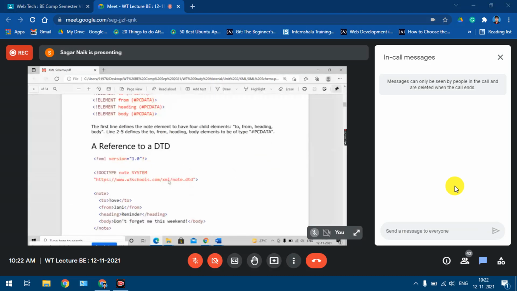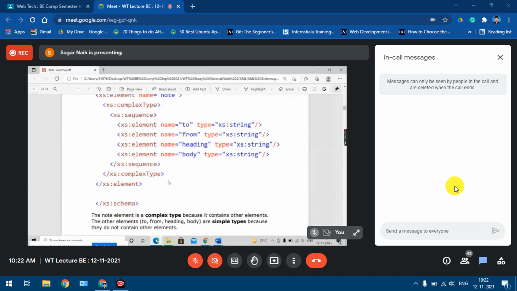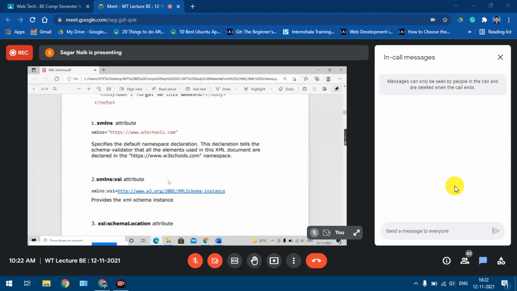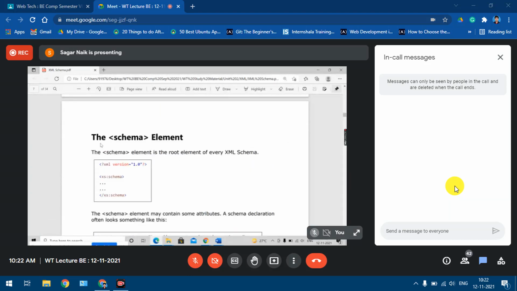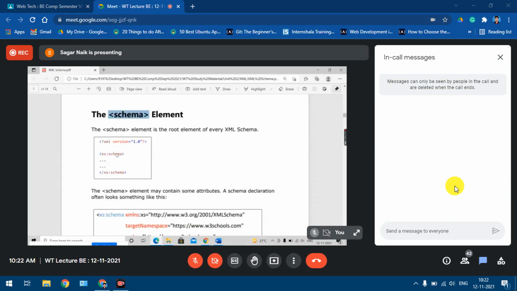Then we saw how to define how the schema file is going to look. When we define the schema file, one more point I had said: we have to define the schema externally only. In DTD we had both options. You could have defined DTD inside the XML document or in a separate file. But a schema will have to be defined in a separate file only.